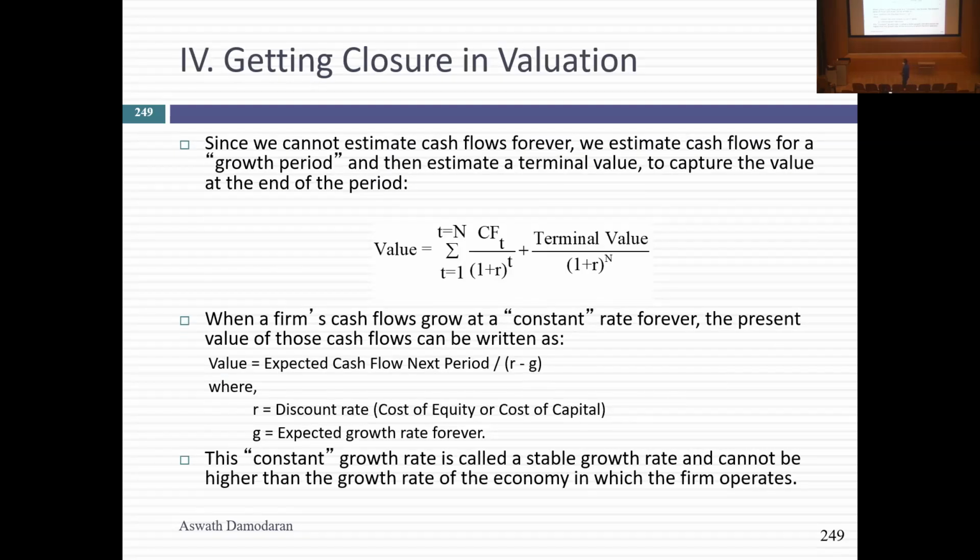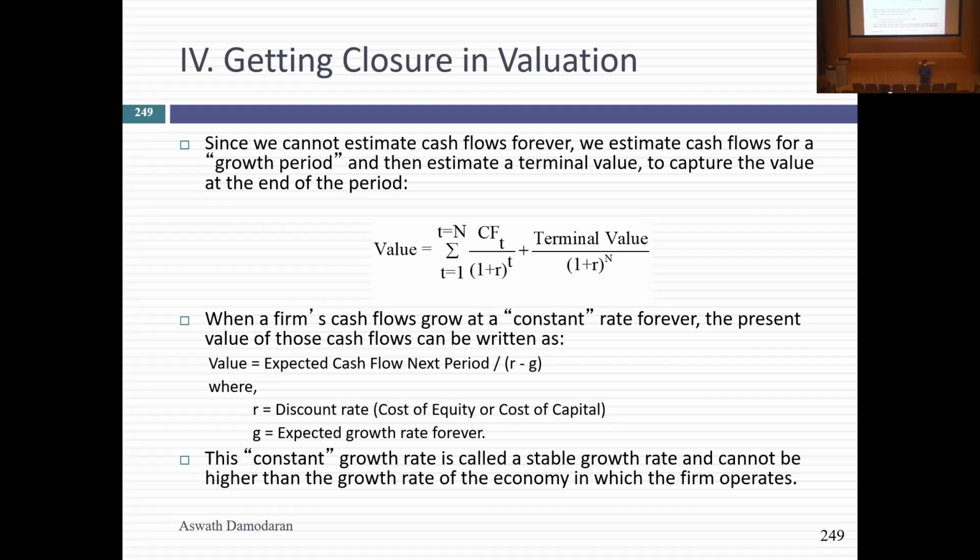Which brings me to the elephant in the room. Discount rates, cash flows, growth rates, and then you got this big number at the end, the terminal value. The most used and misused number in valuation. Because to make that terminal value calculation, I've got to make that assumption that your cash flows can grow at a constant rate forever. Why? Because without that, I can't get mathematical closure. This equation, as I said, is the present value of an infinite series in mathematics. And it allows me to say, look, I'm done in the year 10. The cash flows will keep continuing, but this is my value in the year 10.